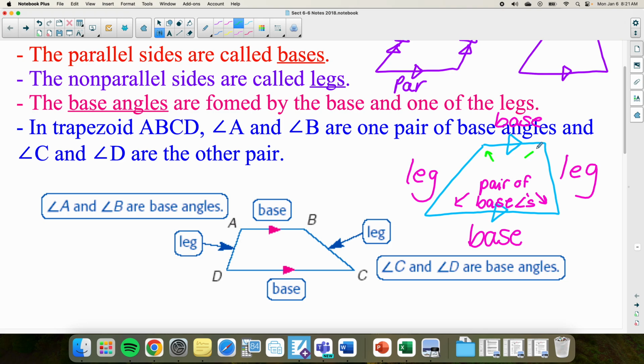This one and this one would be a pair of base angles. Okay, so again, in a trapezoid, just one pair of opposite sides are parallel. They're your bases. The two sides that are not are called your legs. These two angles are a pair of base angles as well as those two are. Okay,